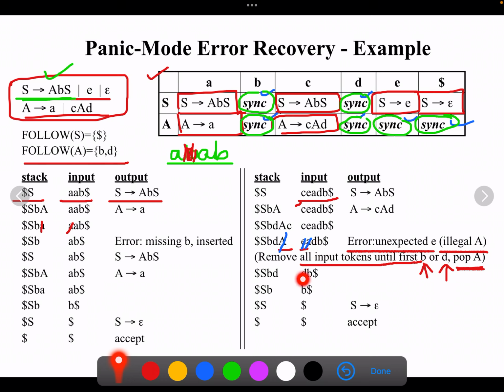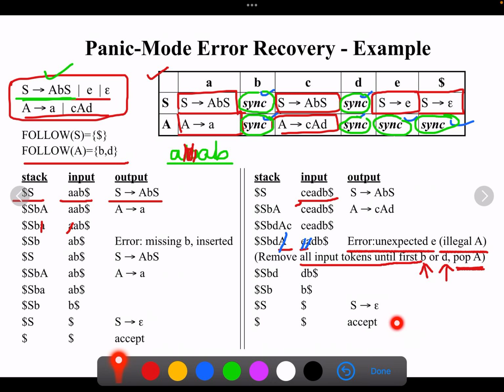So you stop at this point, you should not skip these symbols now, and you pop out A. Now D is equal to D, remove and move ahead. Similarly, B and B are left over, both are getting matched, remove them and move ahead. Then S on dollar is an epsilon production, write that, then S should be filled with epsilon. Now it becomes dollar and dollar. Now you are going to accept it.